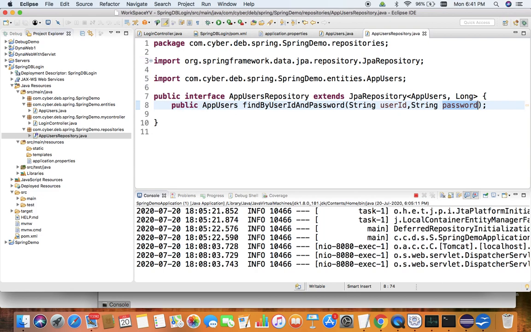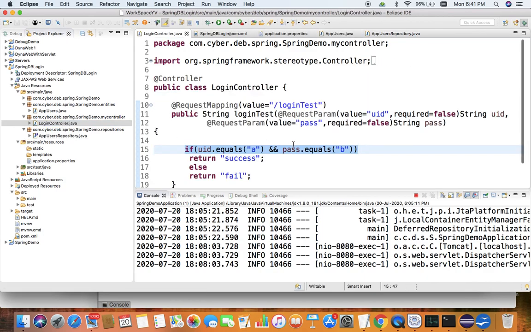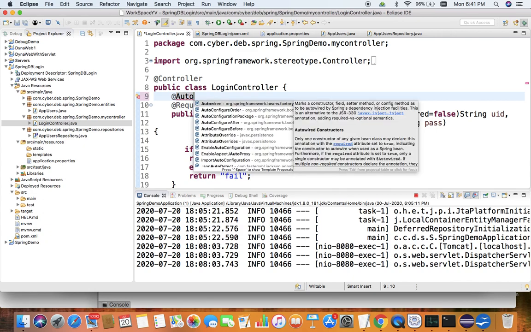So our repository is ready, and next you have to use this repository method inside the controller class. The login controller class which you have created, which compares the static user ID and password, in this we have to go for dependency injection by using the Autowired annotation.